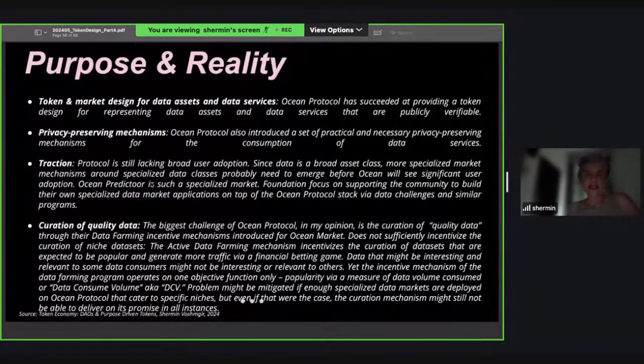And last but not least, if we look at what Ocean's purpose was, and after so many years, what is the reality of what they have achieved, and where there might be challenges. When it comes to token and market design for data assets and data services, I can say that Ocean Protocol has succeeded at providing, from my point of view, a token design for representing data assets and data services that are publicly verifiable. They've really set up a solid use case and best practice for IP exchange and access to IP